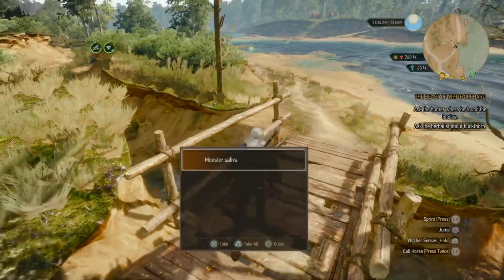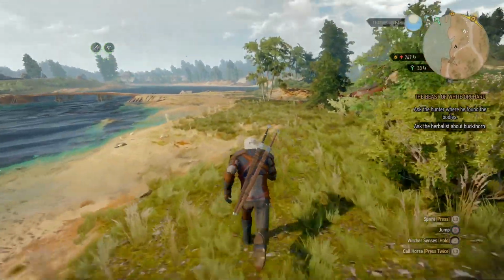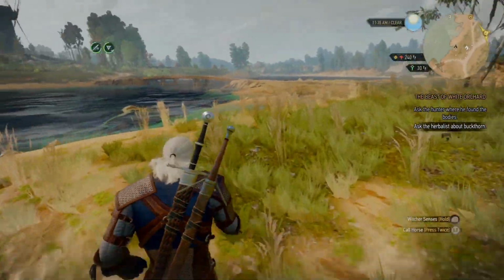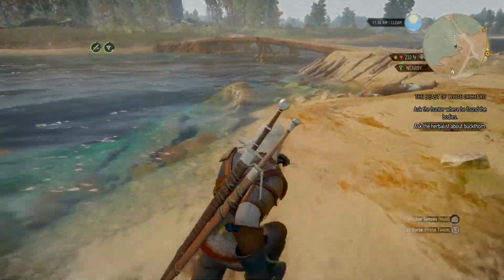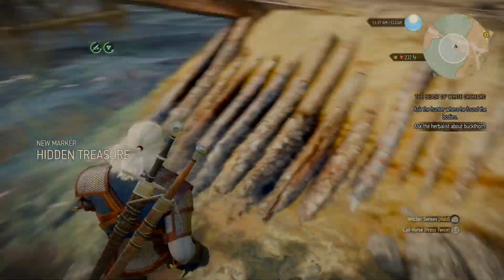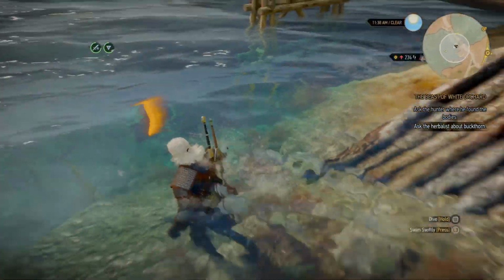So do we get a drowner brain? No. Right, okay, so we just got to carry on finding these drowners and try and get those. So we've got a little bit of a hidden treasure here, so we can get this. Got the lily key there from this corpse,